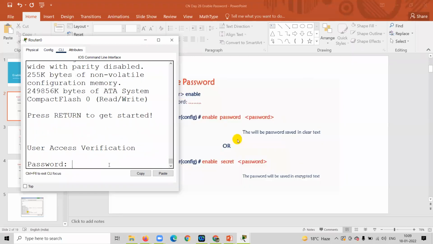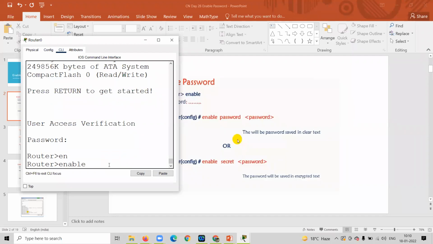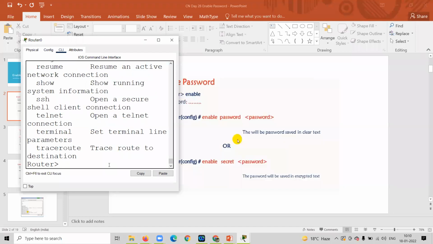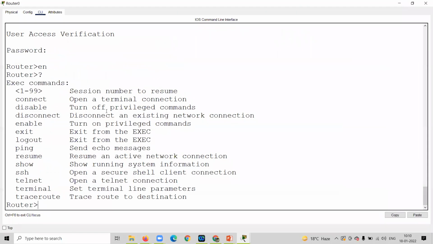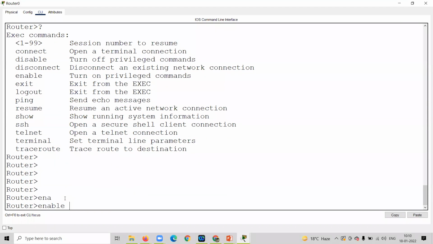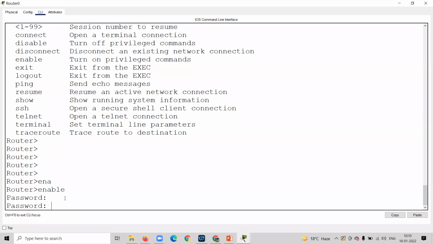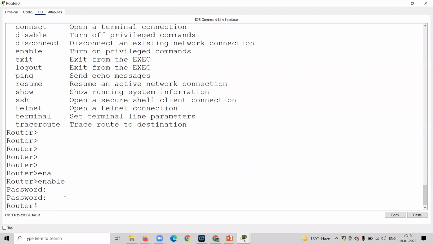So now first they will ask for the console password, right? So console password is 1, 2, 3. And now see, I can use the basic configuration. I can use this command, right? Right now I'm in user mode. So I can use the all user mode command. But if I want to go to the configuration mode and if I write the enable, now it will ask me a password, right? So I need to give my another password.